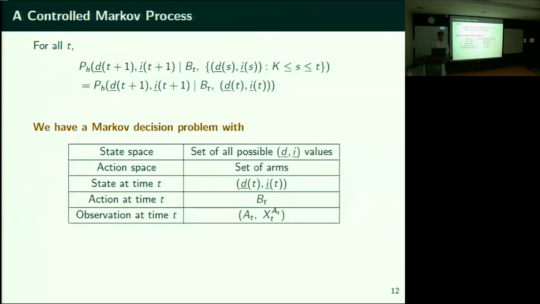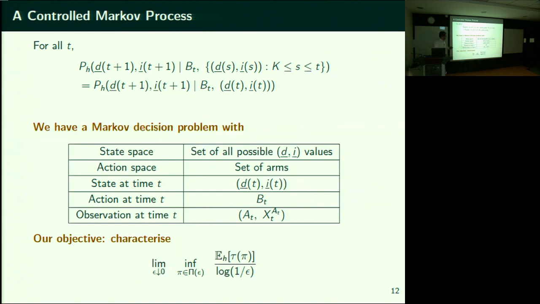For the Markov decision problem, I need to tell you what is the state space, what's the action space, what's the transition probability. So the state space is the set of all possible delays and last observed states. Action space is the set of arms. You apply a control by intending to select a certain arm. That's your action. The state at time t is your d_t^{A_t}, whatever it was at time t. Your action is which arm you intend to pull. But then that may or may not get pulled, it trembles and something else gets selected. And the observation is what exactly got selected and what was the observation from that arm at that current time.